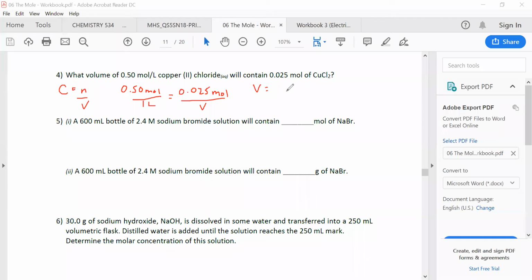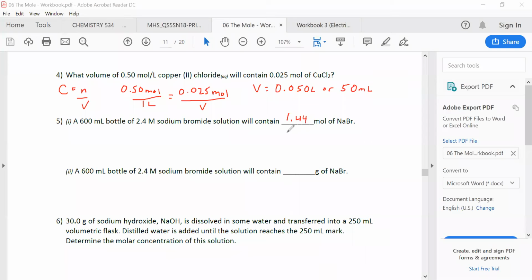When you go to cross multiply, I don't think I need to show you guys how to do this. You essentially get 0.050 liters, or exactly 50 milliliters of that particular solution. So that's for number 4, very straightforward solve. And it's a very similar scenario for number 5, so I'm not going to necessarily go through the steps. I'll just give you the answers for part 1, and that being